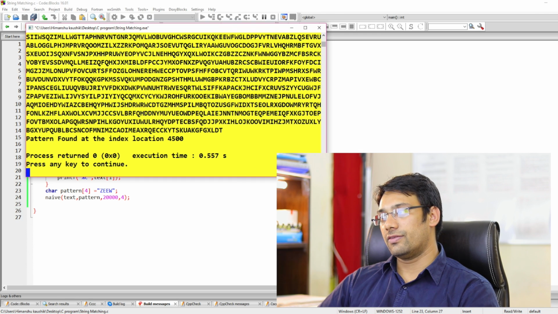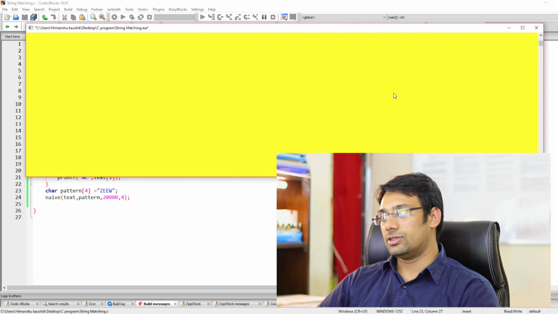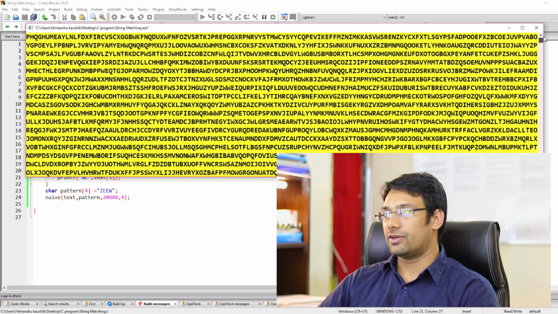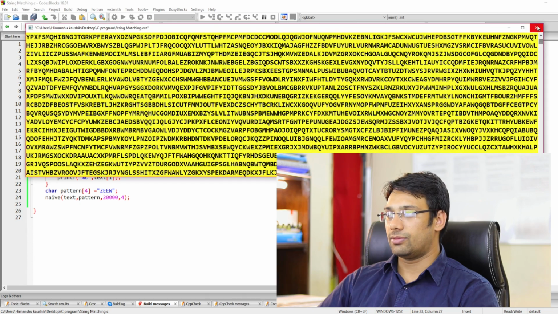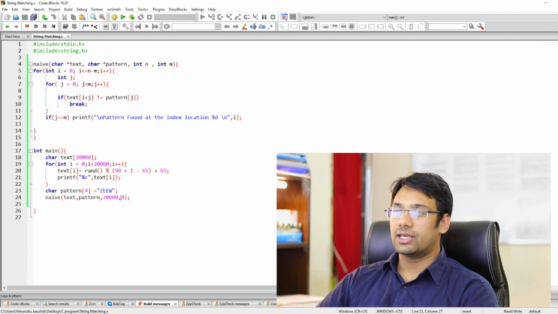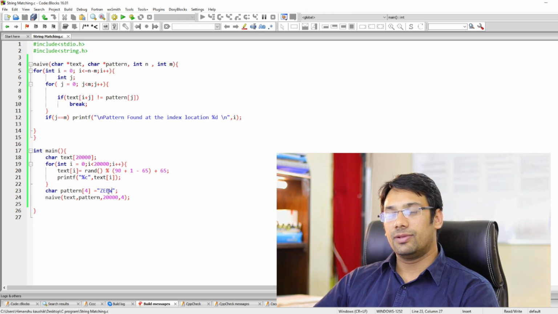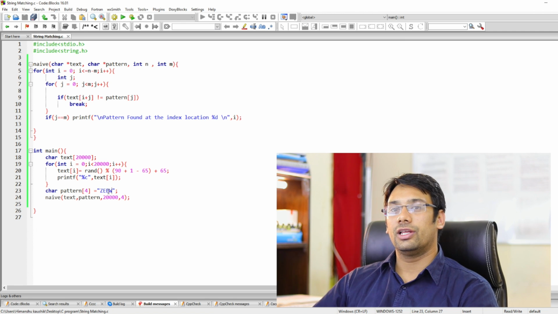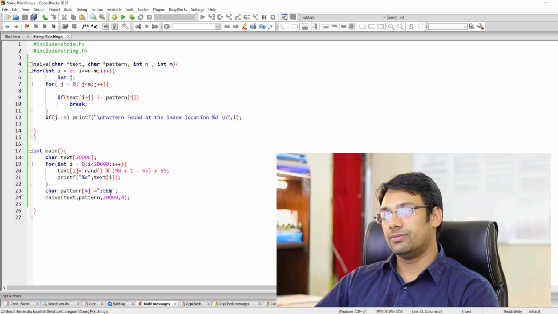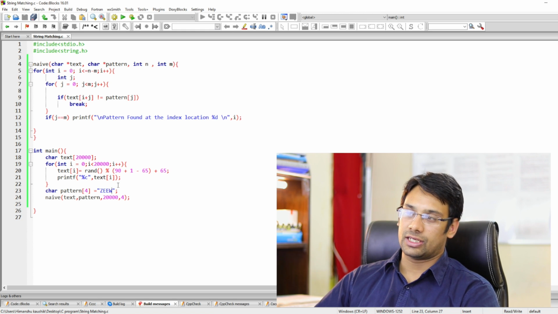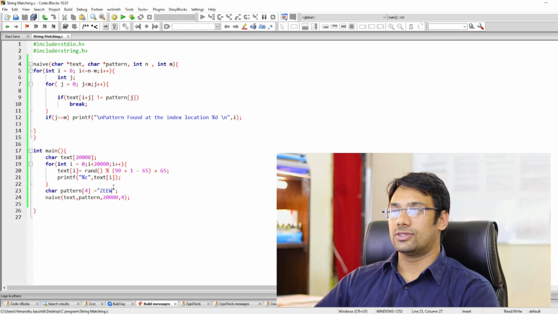So at 4500, if you see this code, this entire text, at the 4500th index location, the pattern is present. Okay, so we can take any random text like this and find out whether this pattern is present or not. In the same way, for large data sets, maybe you have a data set with trillions or millions of characters, it will become easier to find a given pattern. Okay, so this is a very simple implementation which is the naive algorithm,